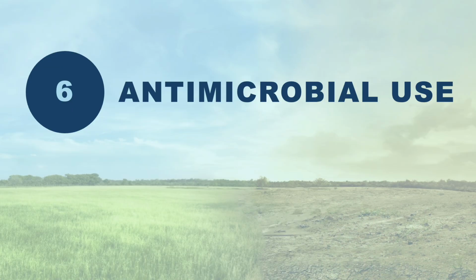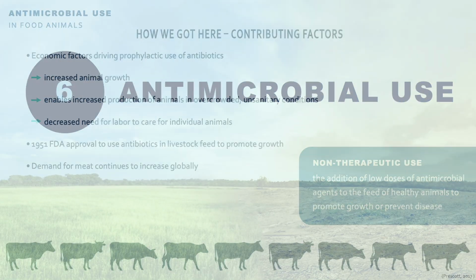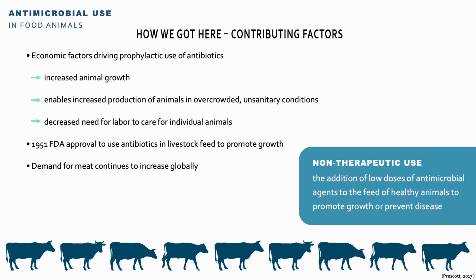This is part two of the lecture on food systems and associated antimicrobial resistance. In contrast to using antibiotics to treat an infection in an animal, widespread use of antibiotics in food animals became a problem after it was discovered that using antibiotics on animals that weren't sick could increase large scale production efficiency by increasing animal growth and could be used as a substitute for labor previously devoted to the care of individual